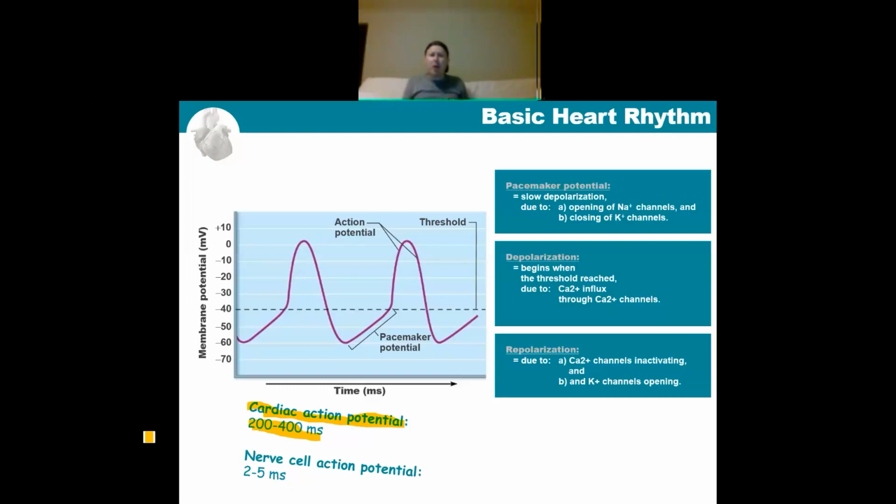They're much slower so that the blood has time to flow from where it's flowing to where it's meant to flow. So there's a delay on purpose for the speed at which the action potential passes within the heart. So much slower than the nervous system